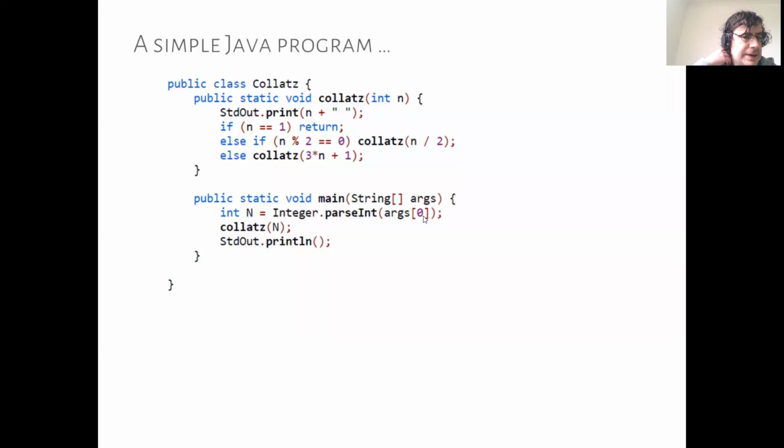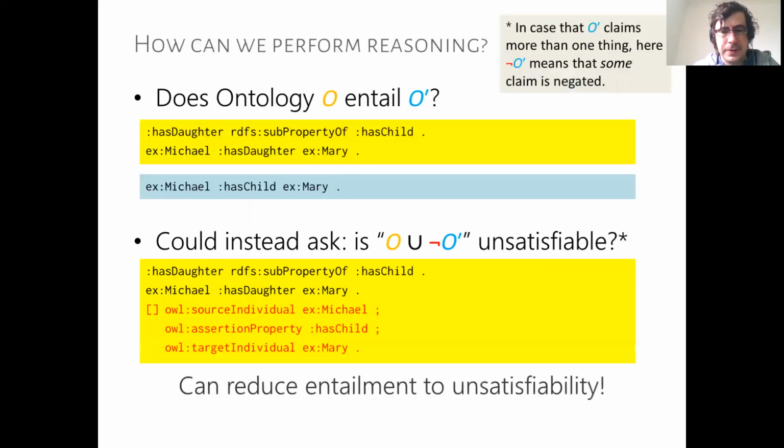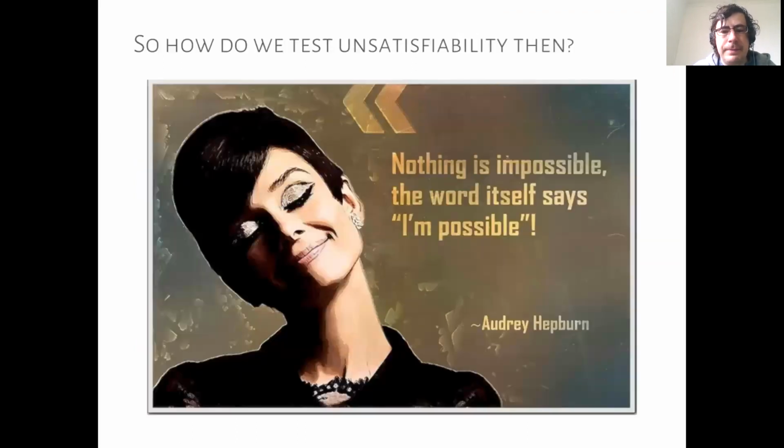Okay, so the last time we were speaking about entailment for OWL, and we spoke about how we can reduce entailment to undecidability. This is not just for OWL, this is a common property for various types of logics. So the question then is, how can we implement unsatisfiability? We said we can reduce entailment to unsatisfiability, which is basically checking if an ontology is consistent or not. And then we asked, how can we decide that?